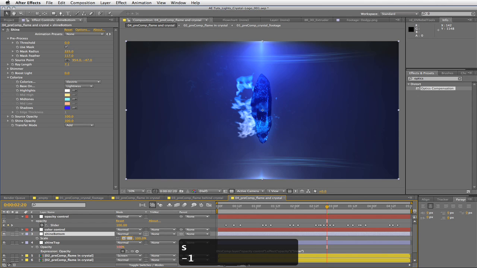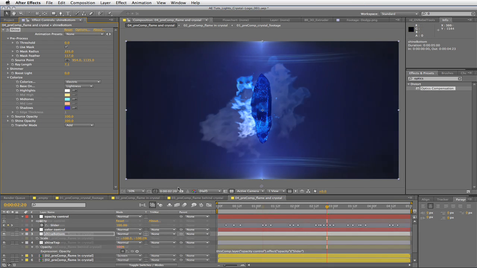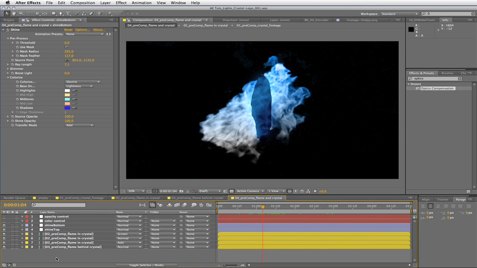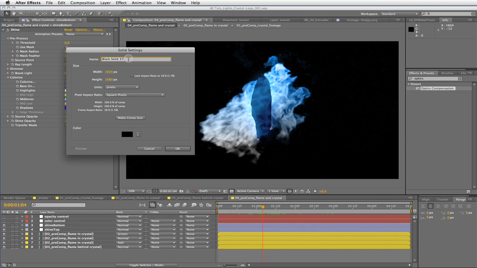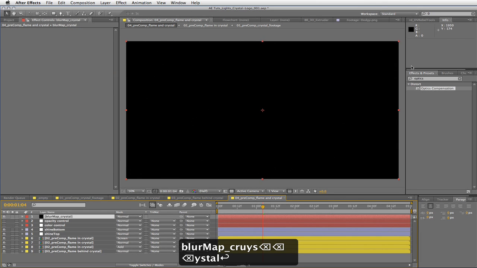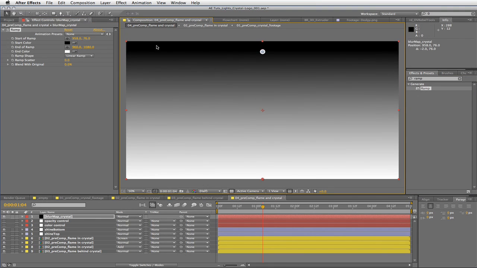and let's flip it over with a negative 100 value, except the source point is way up on top. So slide it down. There we go. Now we're going to create a blur map. So new solid, and we will call this blur map crystal. Let's throw a ramp on there. And just bring this in a little. I'm going to choose to use black as the area that defines the blur and white where it is not